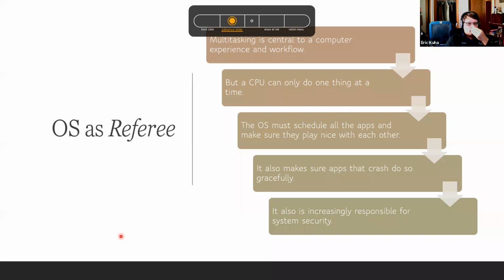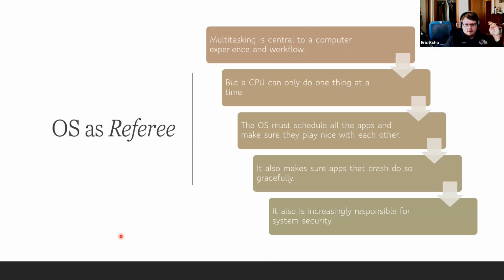Its other role is as a referee. Since multitasking is the most important thing that we can do, like a computer is useful, we expect that we be able to run multiple apps at a time. I have 1, 2, 3, 4, 5, 6, 7, 8, 9 user-facing apps running right now on my computer, and I want them all to be able to play nice with each other. And it's interesting because only one of them can ever be doing anything at any given time. The CPU literally can only run one